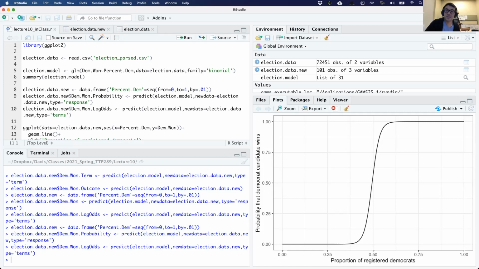Let me see. No. Okay, this is not 2, 3, 4. It's 0.47. It gets the log odds.